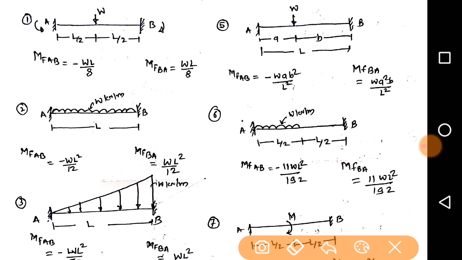It will be the minus WL square divided by 192 at A, and plus because of the clockwise moment, it is 11 WL square divided by 192. Okay, so now our